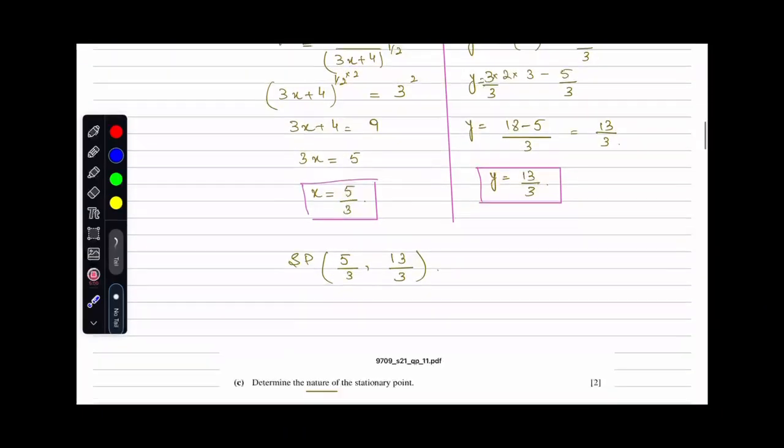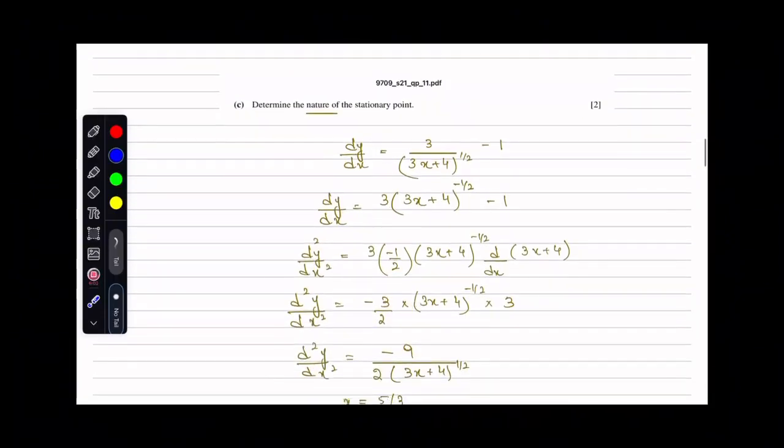Let's move to part C. Part C says determine the nature of the stationary point. So for the nature of the stationary point, obviously I shall be having the second derivative. We did have the first derivative. It was dy by dx, which was equal to 3 times (3x plus 4) to the power 1 by 2 minus 1. So I can just take this to the numerator and have the power as negative 1 by 2. Second derivative then becomes 3 times negative 1 by 2 times (3x plus 4) to the power negative 1 by 2